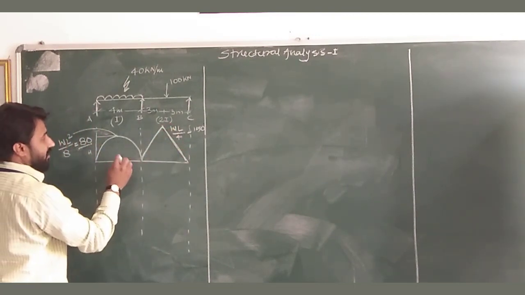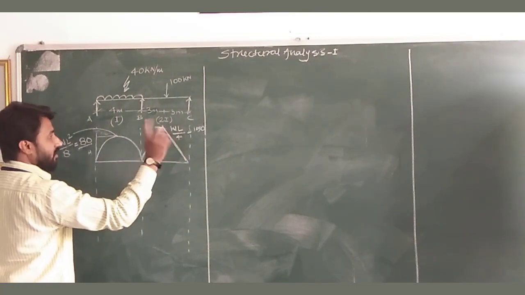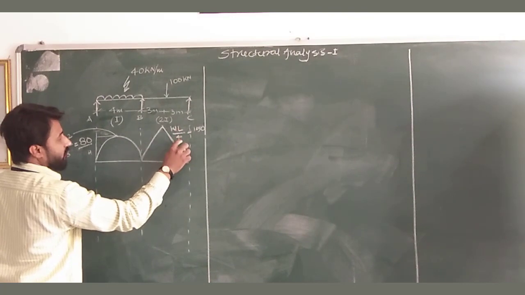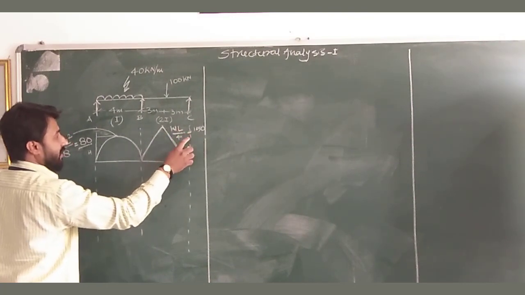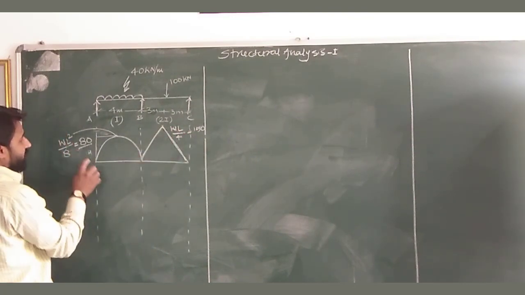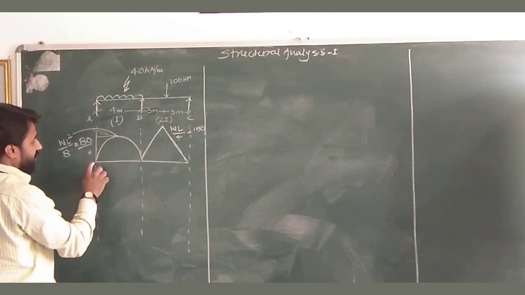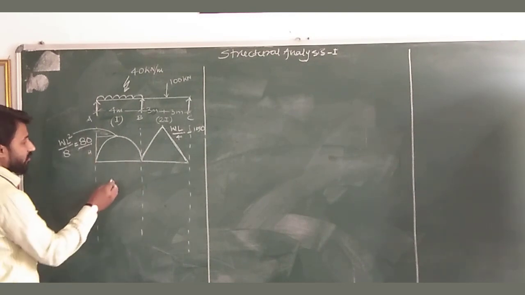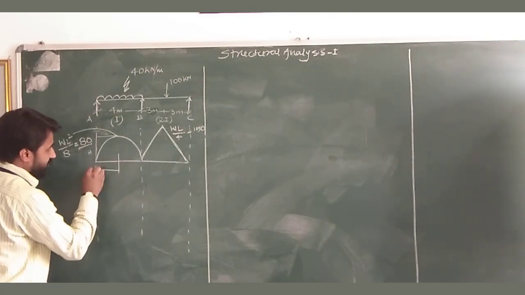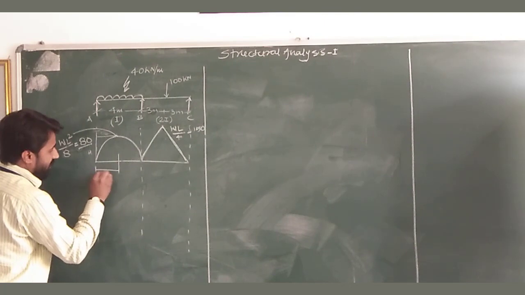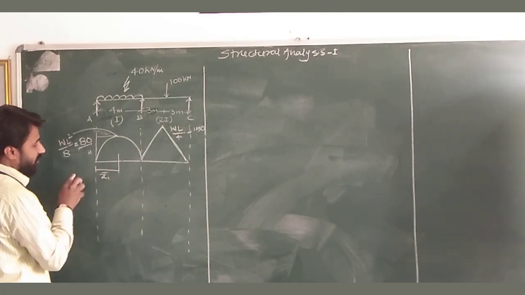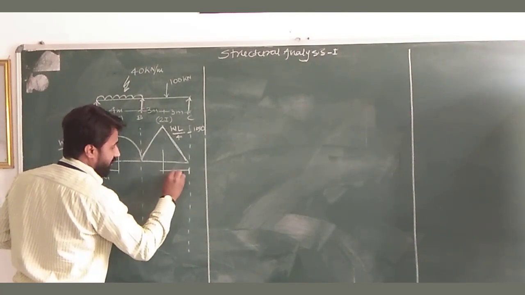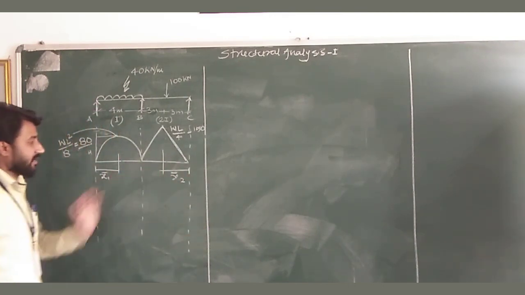Okay. Now area 1 and area 2 we will calculate. In the calculation of area 1 and area 2, we will use the value WL by 4, that is 150, as the H value for the second diagram, and this 80 we will use in the area 1 calculation as the H value. Okay. Now for the calculation of CG, x1 we calculate from the left side and x2 we will calculate from the right side of the second diagram.